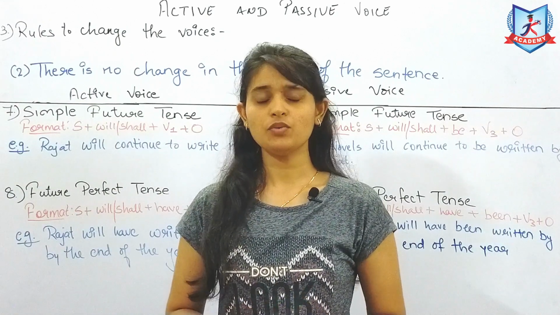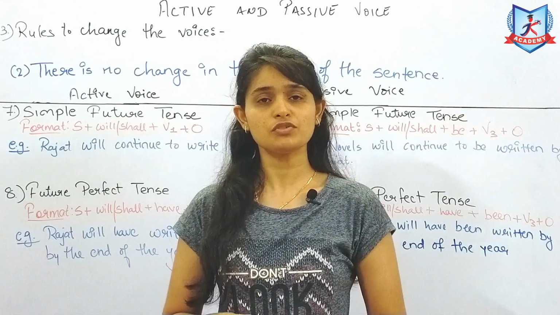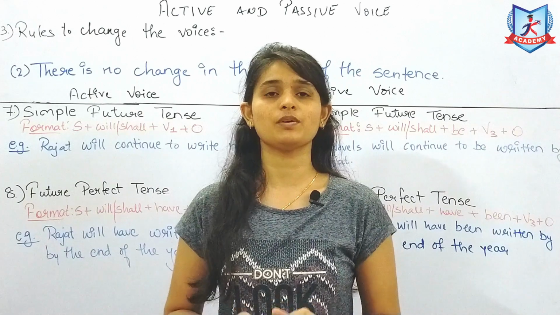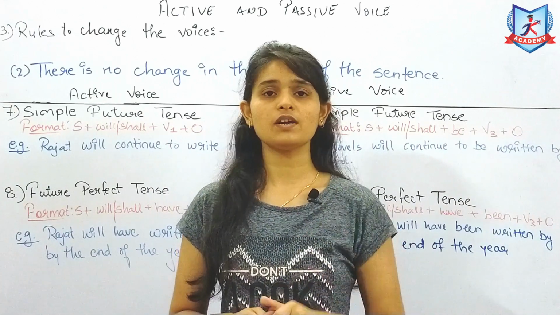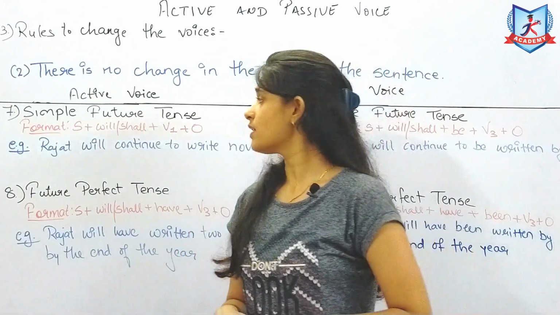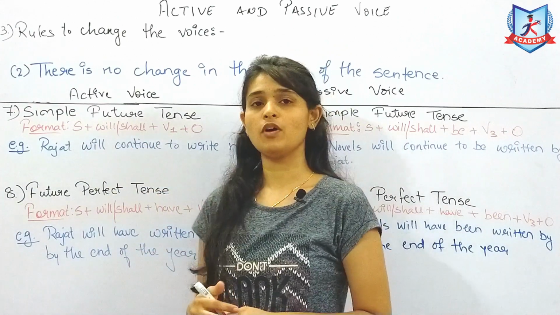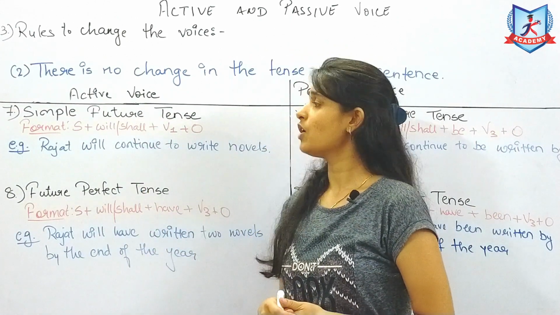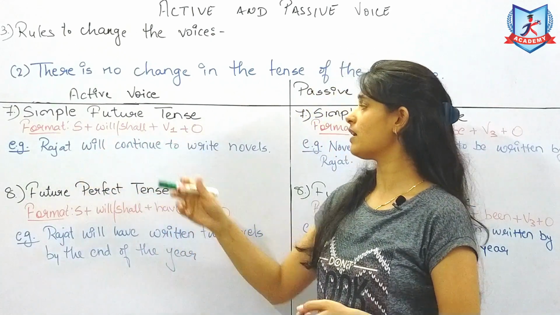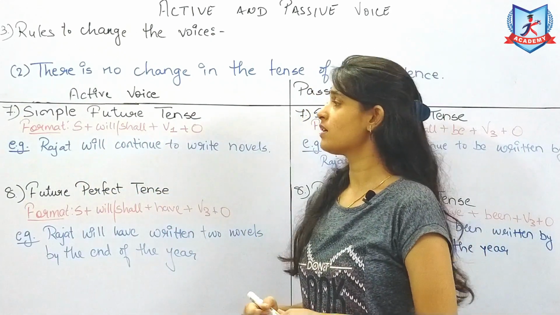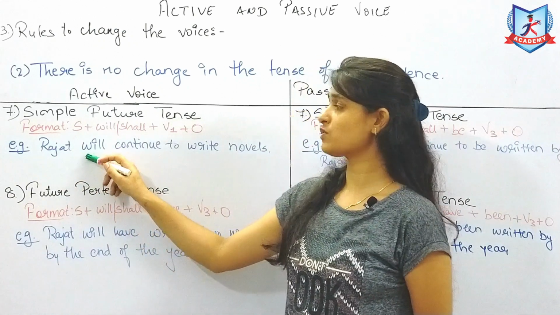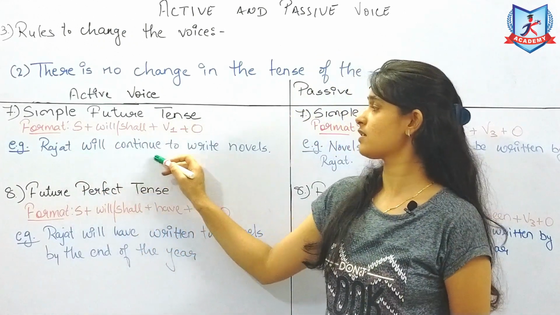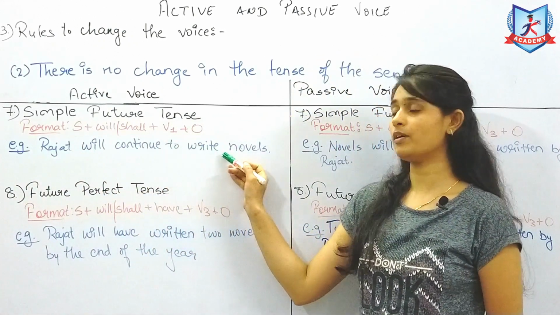Okay, so now let us discuss the use of future tense while changing the voice from active to passive. We'll start with simple future tense. Now in simple future, my format is subject plus will/shall plus V1 form of the verb plus object. My example, Rajat will continue to write novels. Rajat is my subject plus will, as it's the future tense, write as a V1 form of verb plus novels